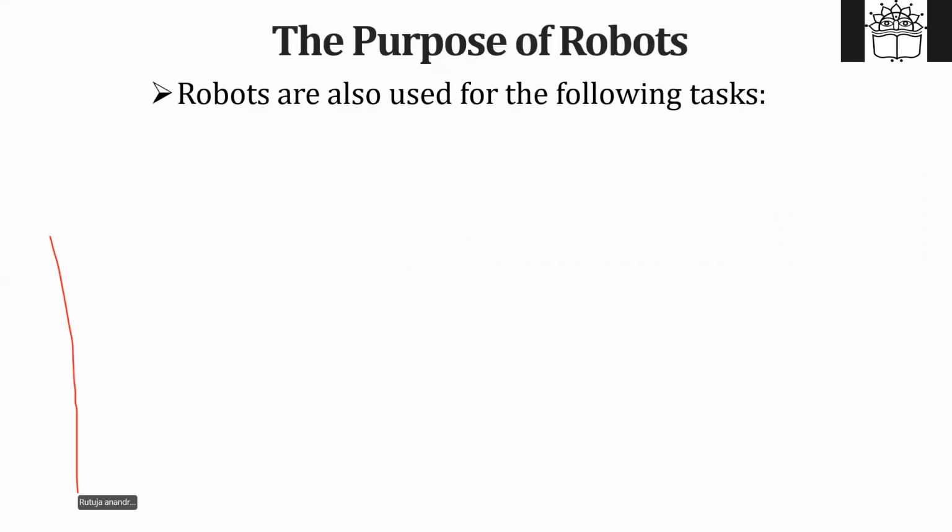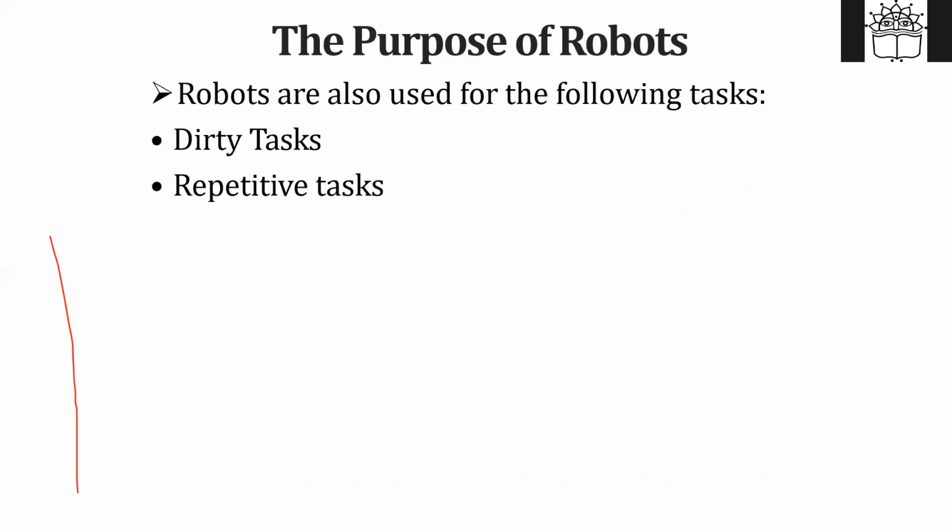Now, what is the purpose of robot? Robots are used for following tasks. Which are those? One is dirty task, where human doesn't want to go. Second is repetitive task. Many of the times, because of repetitiveness of the work, human gets fatigue, which may lead to accidents also, right? So repetitive tasks can be avoided. Then dangerous tasks. For example, exploration of a volcano, or let's say a place where nuclear radiations are there. In case of nuclear reactor, a human cannot go, it will be risky. So over there we can use robots.